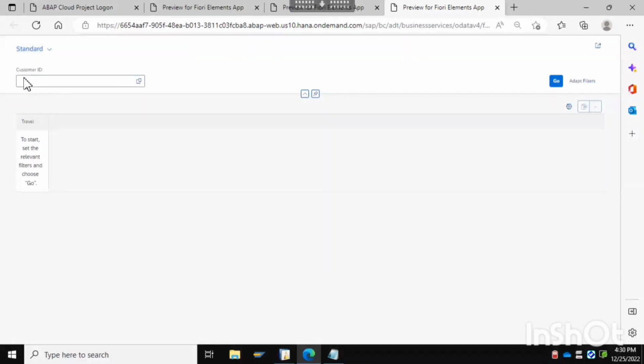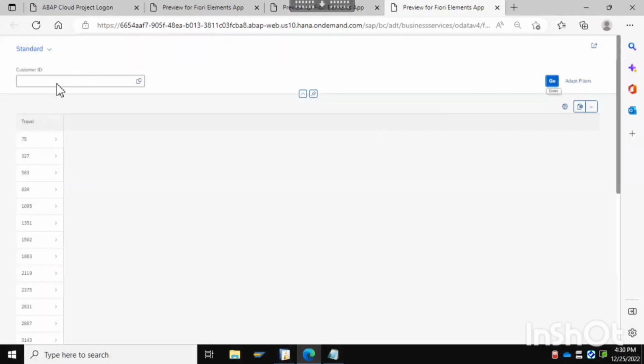Now you can see one customer ID is there as an input parameter and one UI line item is there. So if I press the go button, then you can see the travel ID is coming along with some data, and if I click on a customer ID,